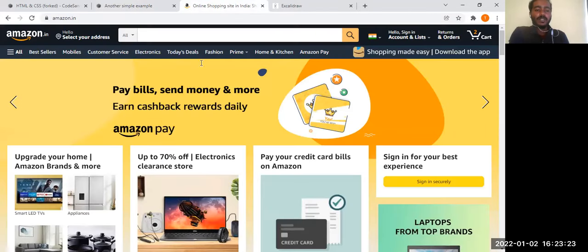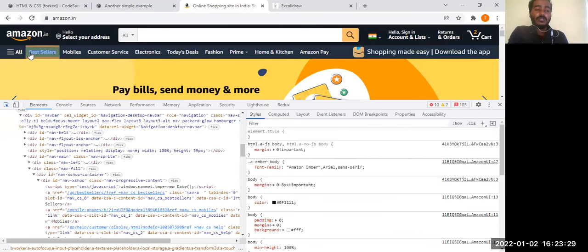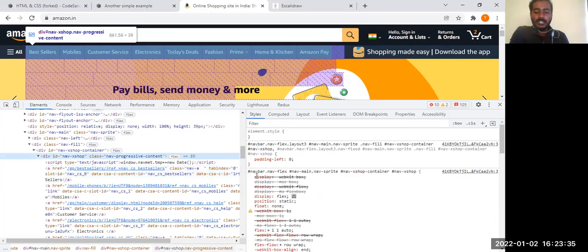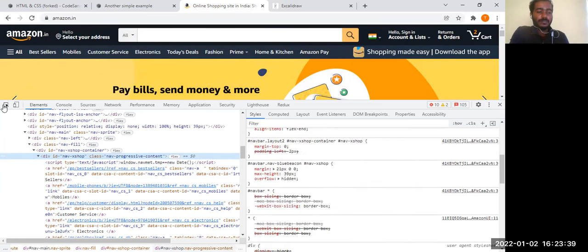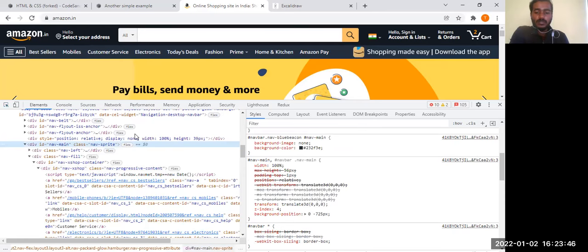So now let me inspect. Why I'm inspecting is because I just want to know the colors and the font sizes and all. For that reason, I'm inspecting it over here. So if you see this navigation, let me hover along it. If you see, the background color is 232F3E.